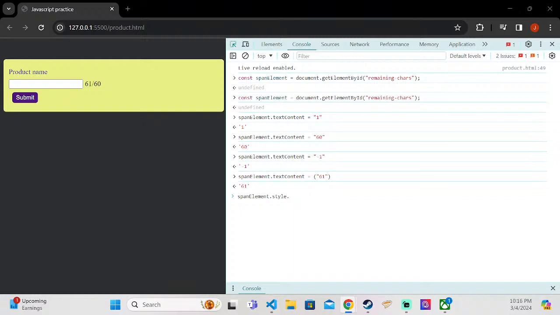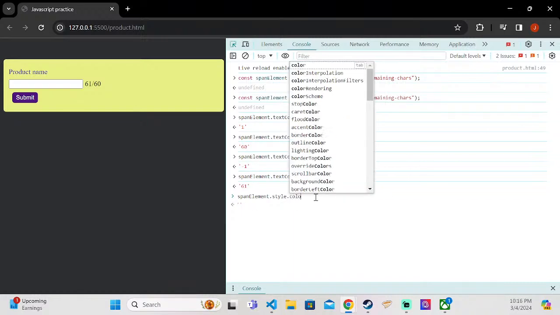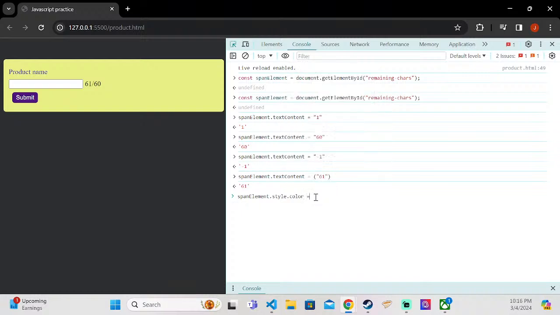Now, textAlign actually is a property which wouldn't have a real effect on this span, and therefore let's use a different property, and let's maybe use color, which we can use to set the color. We can set color to any value that would be expected in CSS, again with the limitation that it should be a string. So here, for example, we could set it to red, or to a hex code, or to RGB, and then maybe 0, 120, 50. And if I now hit enter, this changed to a green,